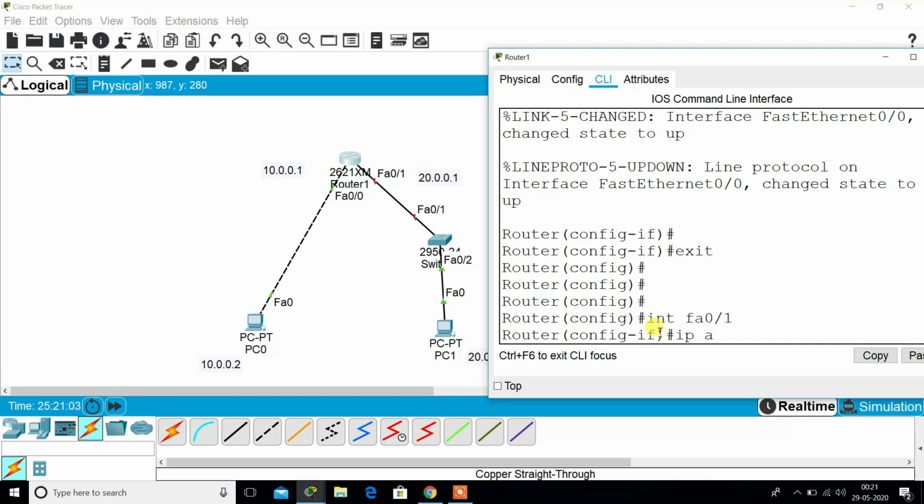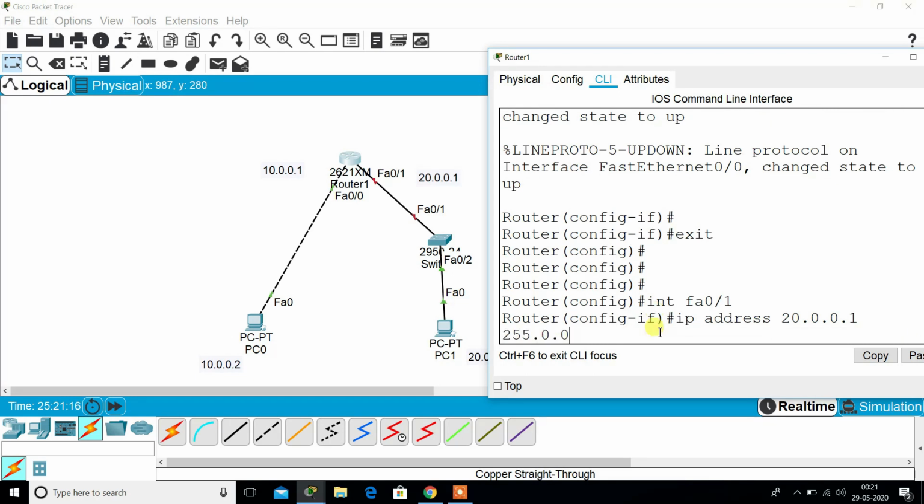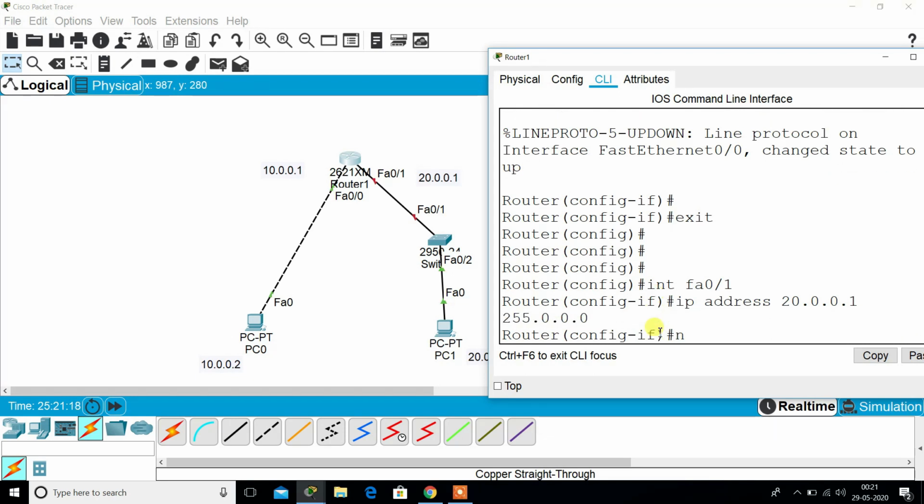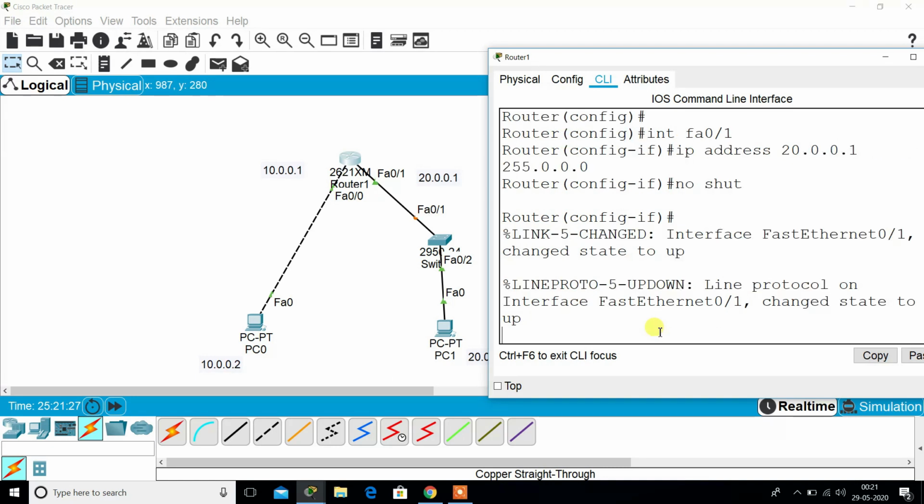After that, we'll write ip address, and the IP address I decide to give here is 20.0.0.1, and this is also a class A IP address, so we will give here the class A subnet mask also and press enter. Here we will write no shut. Why do we write no shut? Because we need to change the state of the port to up. After pressing enter, we can see here interface FastEthernet 0/1 changed state to up.